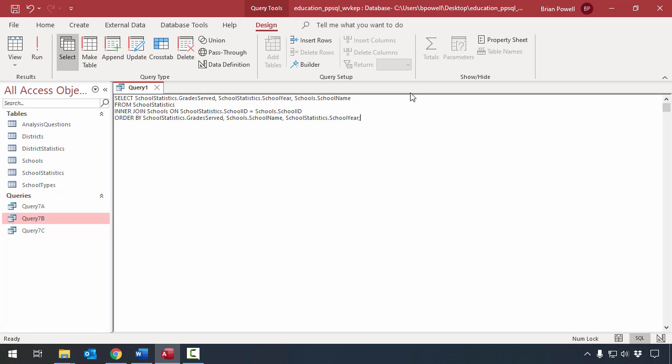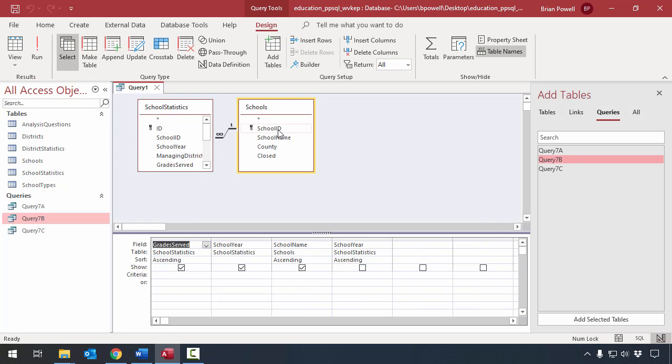Let's head over into design view and see how this looks. So you can see we actually have two tables now. We have school statistics, the one that we used the from clause on, and then we have schools that we listed with our inner join, and it's got this little line to represent how we set up that inner join with the on part. We're going through and listing the fields that we have in our output, and we have our sorts. The reason why school year appears here twice